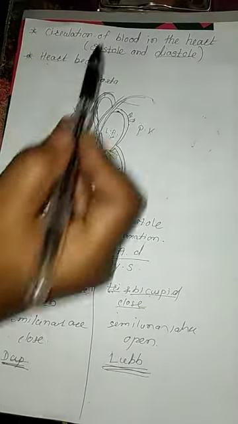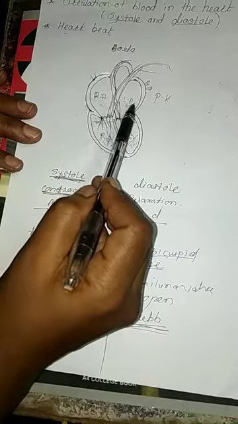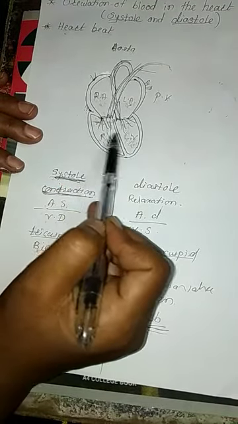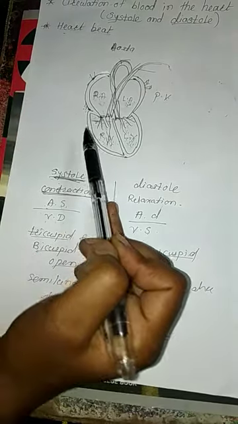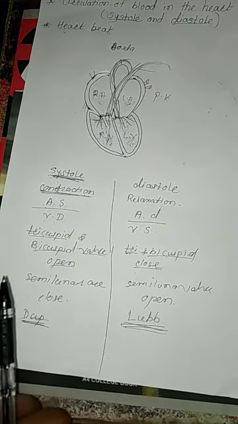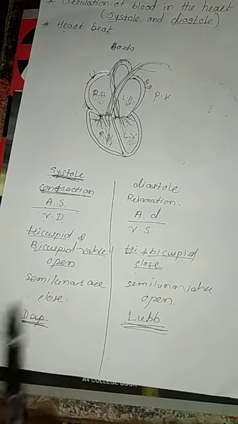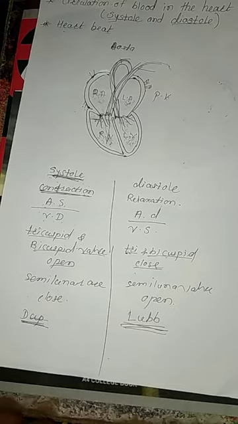Next is the heartbeat. What is meant by heartbeat? Heartbeat means the rhythmic alternate contraction and relaxation of the chambers, and one heartbeat is completed in 0.85 second. The relaxation of all chambers takes 0.40 second. The contraction of the ventricles requires 0.30 second, and the contraction of the auricles takes 0.15 second. Altogether it requires 0.85 second for one heartbeat, with the heart beating 72 times within a minute.